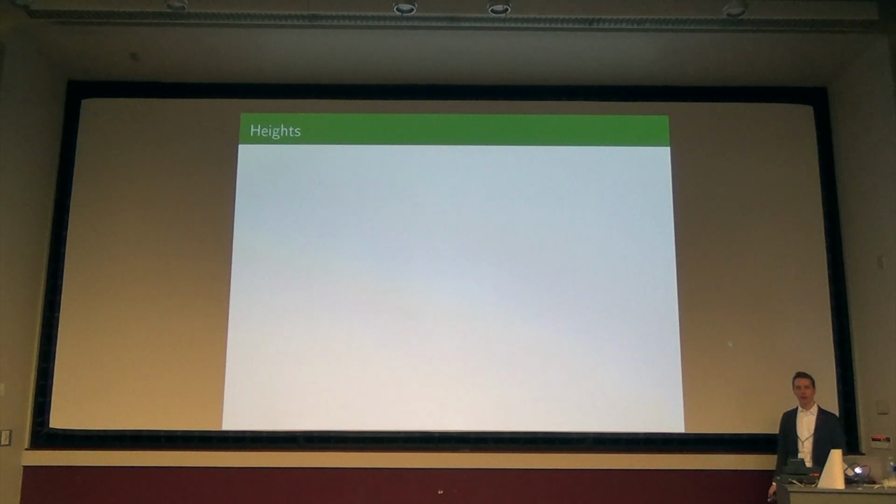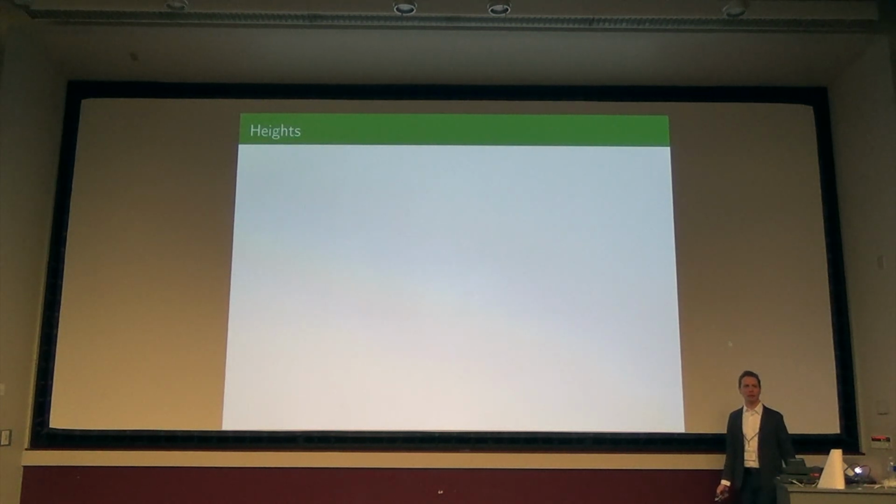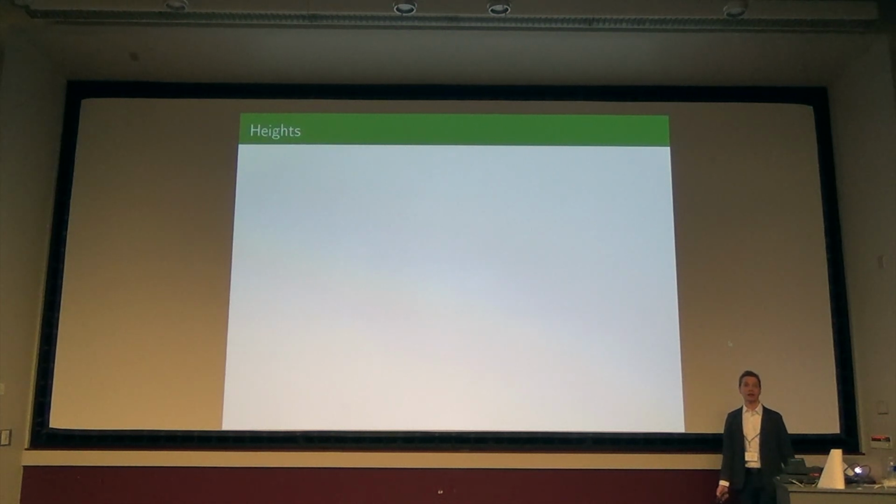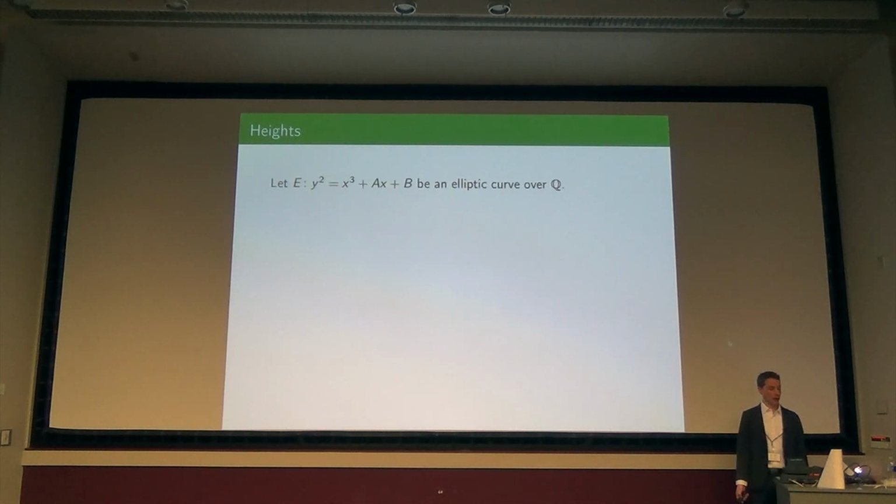Okay, so I would like to make it precise right away by saying what I mean about expectations and so on. What I'd like to do is to carve out a set of elliptic curves that's finite, ask that finite set what's your rank, and get a distribution, and then let that finite set go to infinity. So that will give me a probability distribution on the set of elliptic curves. To do that, I look at the height of the equation, which is just how big a and b are, in some sense. So here's our elliptic curve, y squared equals x cubed plus ax plus b.